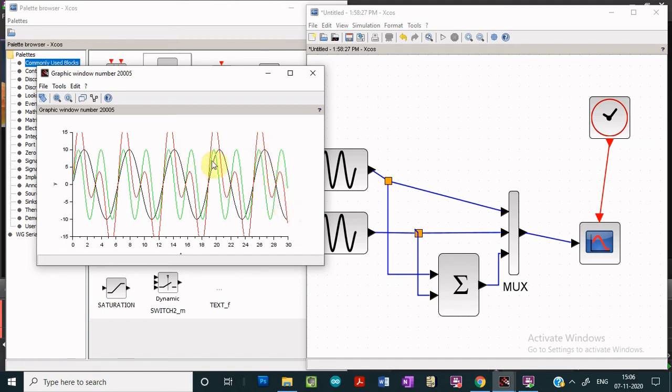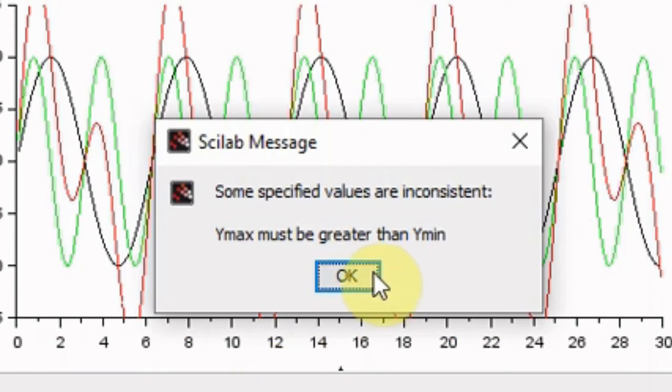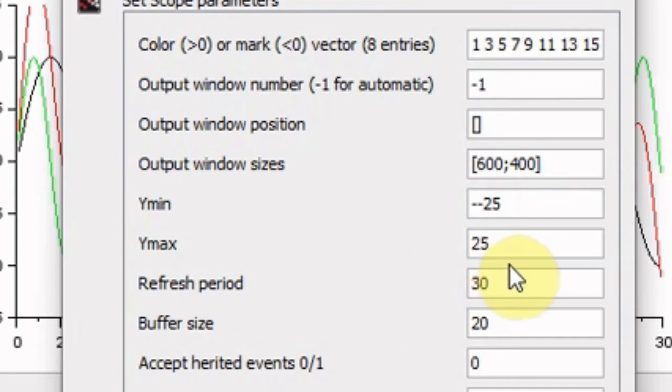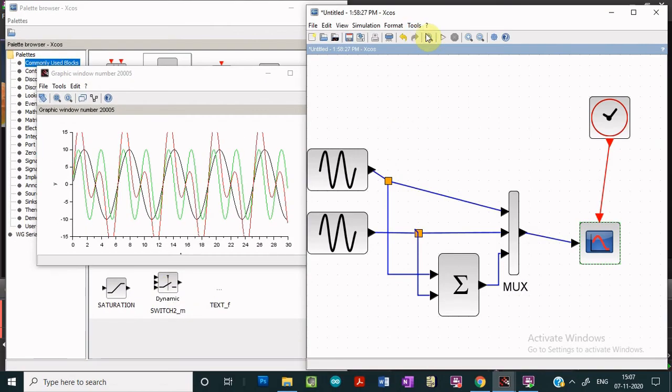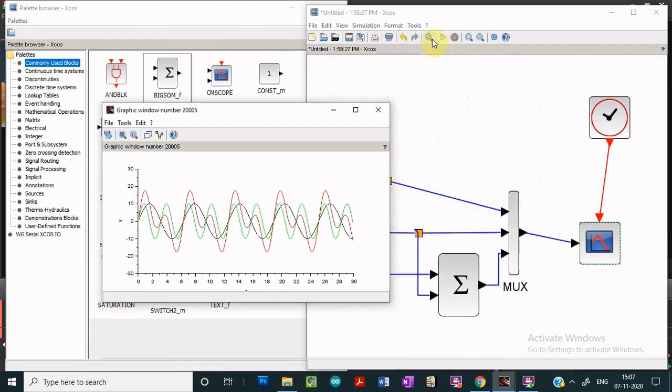But here we are getting the clipped waveform, so we have to tune the parameters. What we can do is we can click on the scope and we can change the Ymin and Ymax values. So if I change the Ymin and Ymax values, so close this window and run the simulation again.